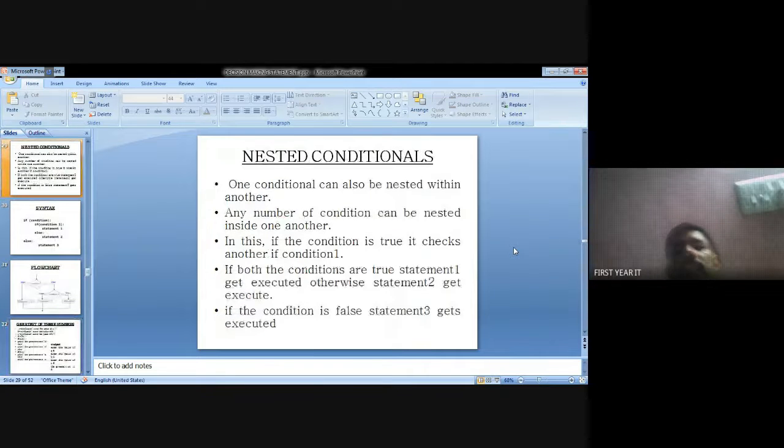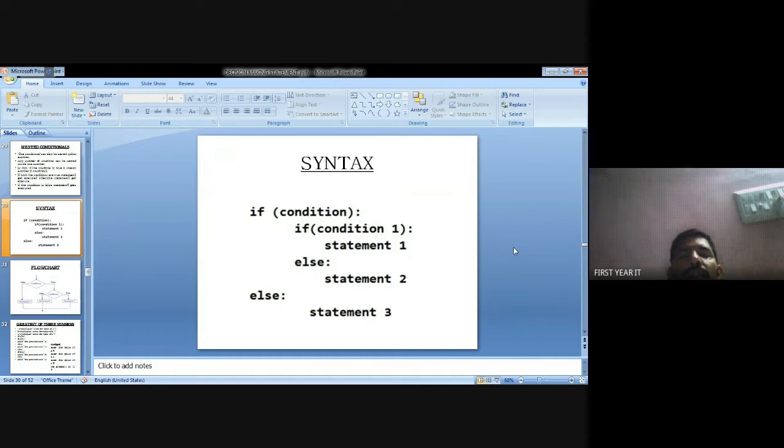Nested condition. Nested means if inside if. This is an if condition, and again another if condition. Two conditions will be checked. If the first condition is true, go to the second condition. If the second condition is also true, the statement will be executed.